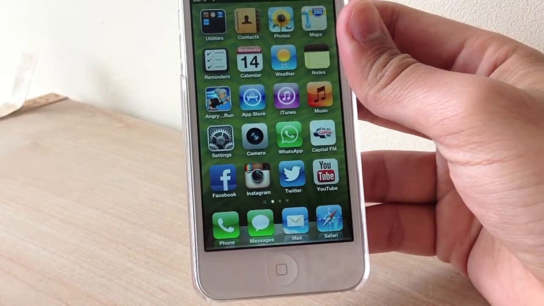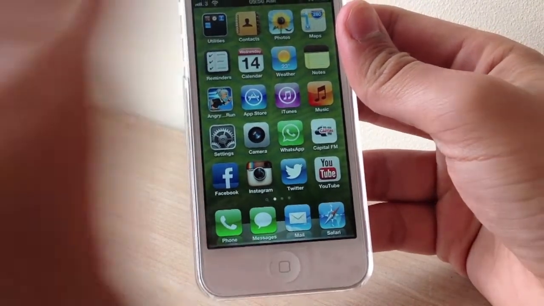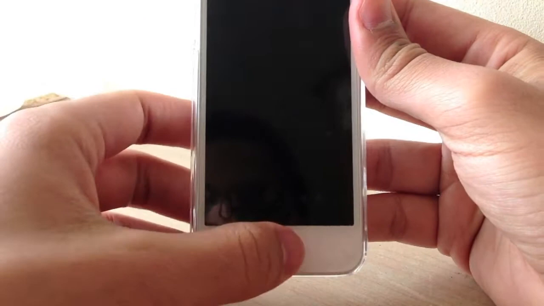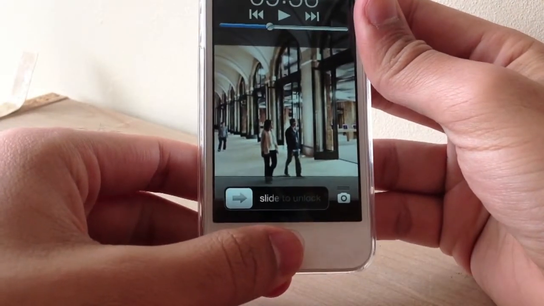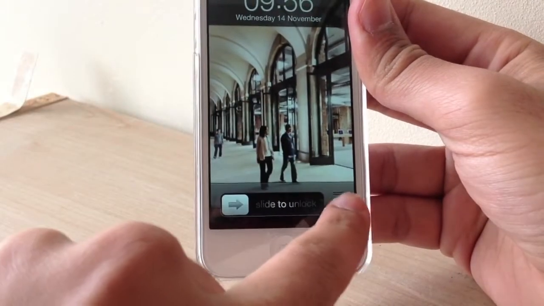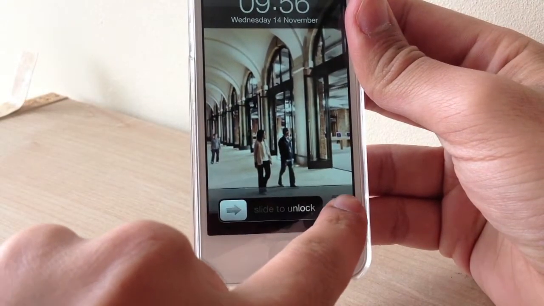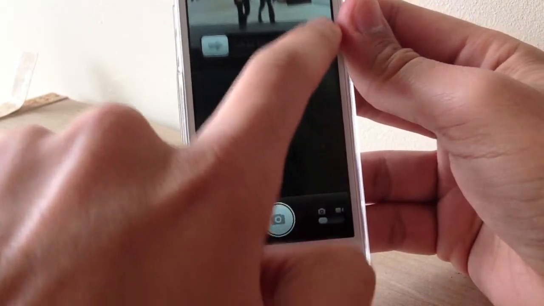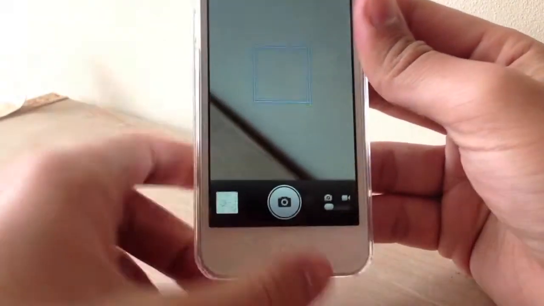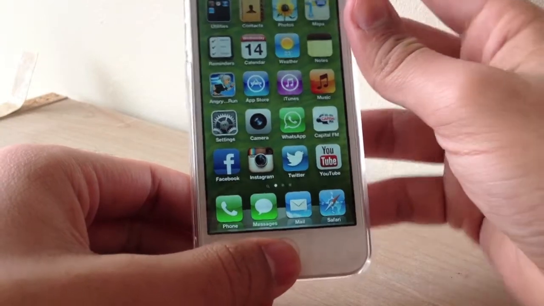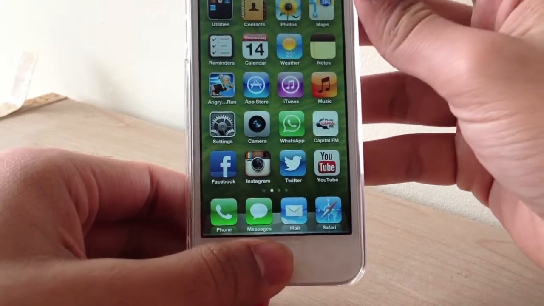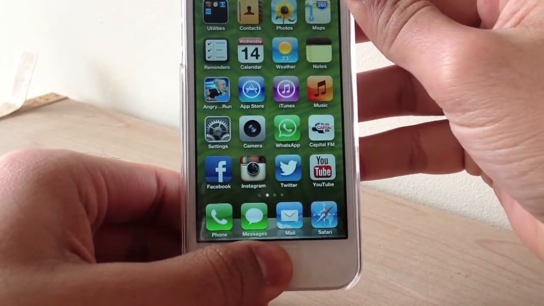So there you go, guys. Those were my 3 quick tips. The tips were, just to recap quickly, quick access to music player by double clicking the home button, double click to get rid of it. There's your quick access to your camera, so you hold down and push upwards, and there's your camera. And last but not least is taking a screenshot. So if you want to take a screenshot of your home screen, for example, you'd hold the home button and